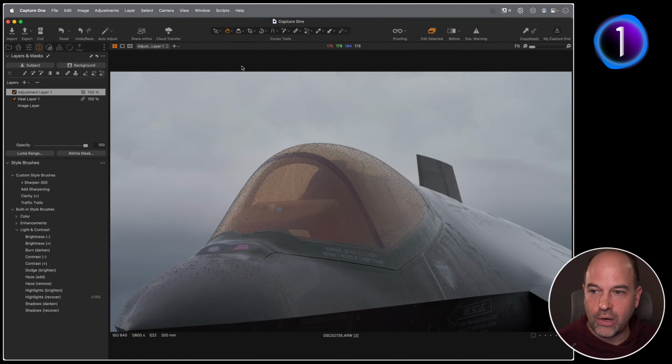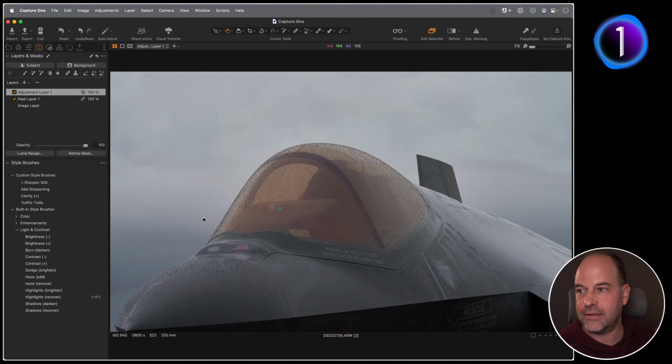Okay, so what I want to do with this, because I don't want to pile in too much contrast on the image itself, I want to do a bit of good old traditional dodging and burning. And that tends to accentuate the light which is already falling on it and darken down the shadows where there is no light. Now, rather than going through the process of making layers, applying the adjustments and so forth, it's just way easier and faster to use a style brush.